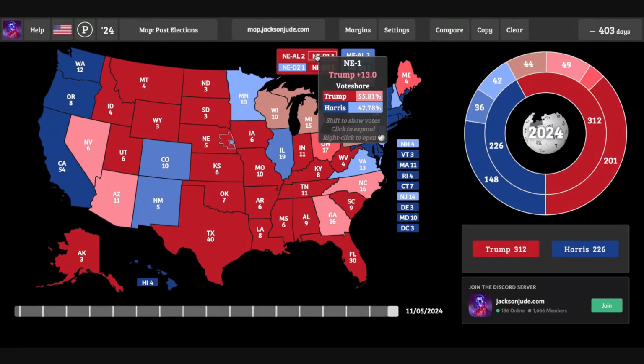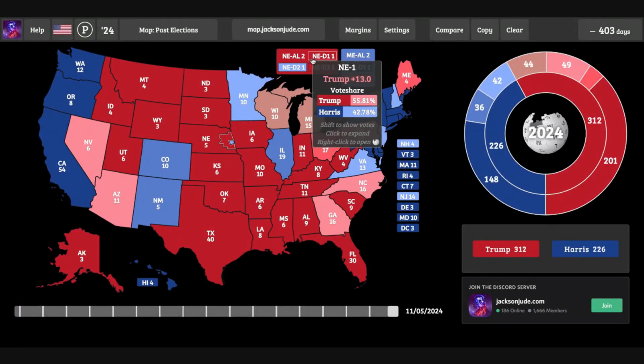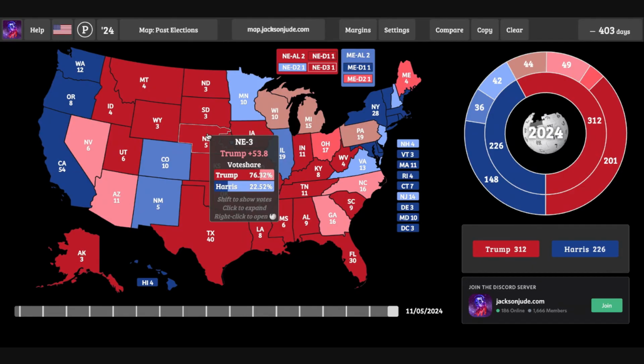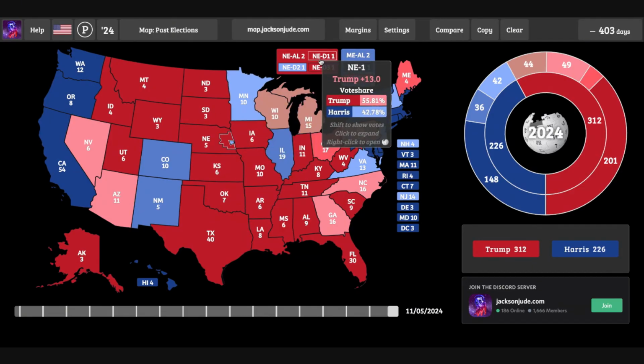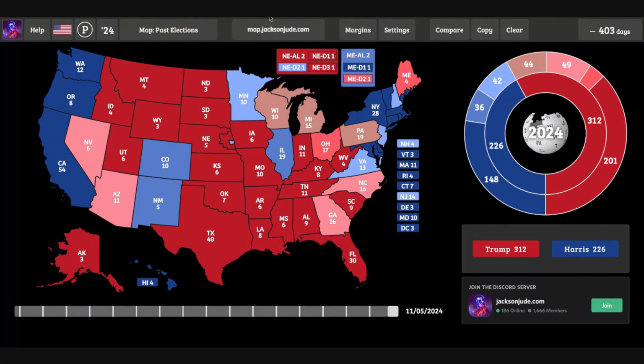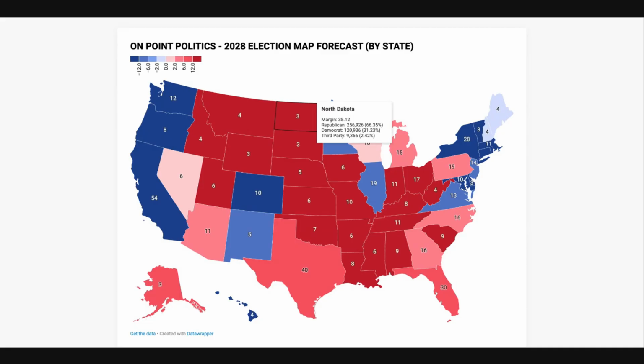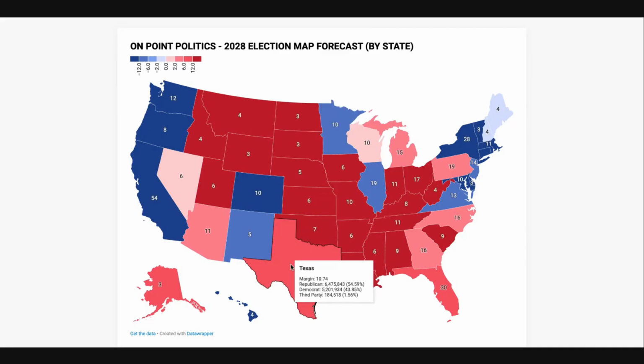Trump actually won this district by 13 points, but given the suburban shifts in Nebraska, despite it only moving about a point to the left, you do get a pretty substantial shift in Nebraska's first congressional district to the left. And so that ends up making the state somewhat interesting to look at in terms of its electoral demographics. And Texas coming in at 10.7%, so a 3-point shift to the left.